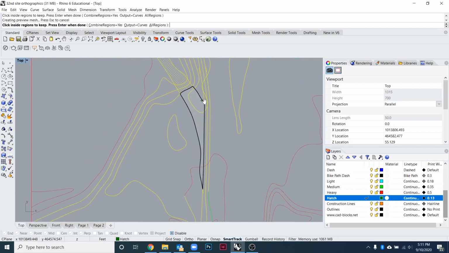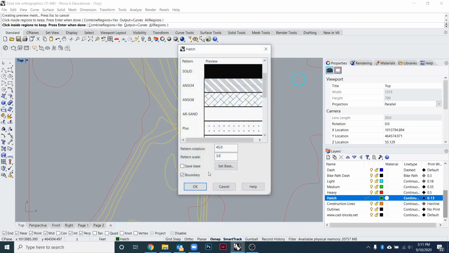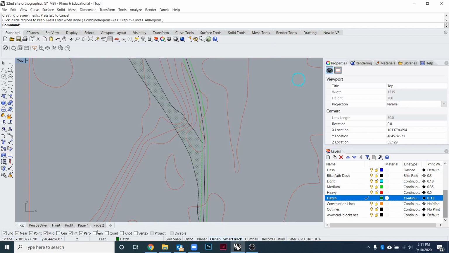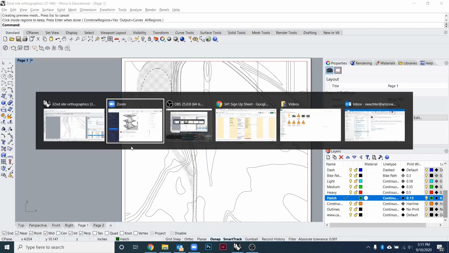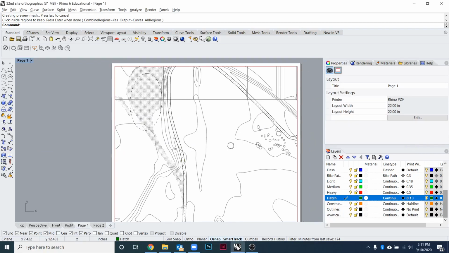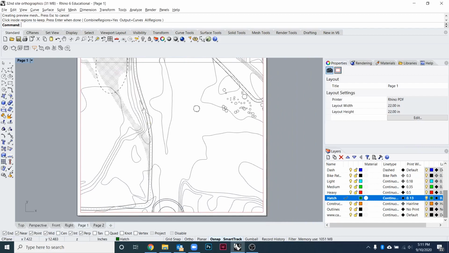So anyway, that'll pretty much round off these tutorials, and we will talk more about these